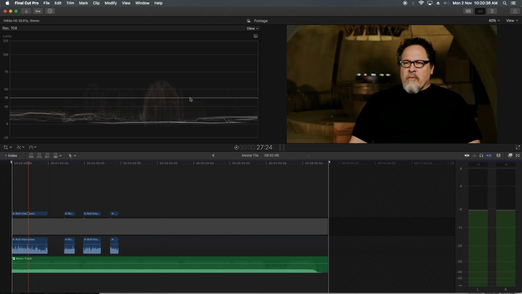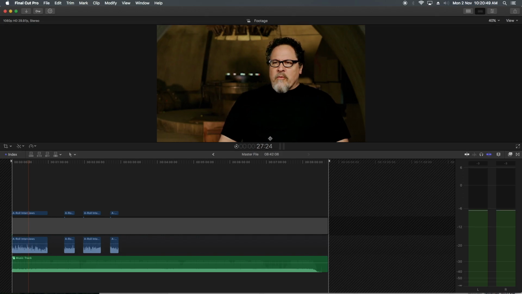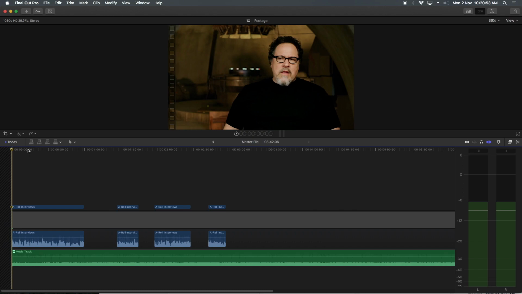I am working on color, and I can save this preset if I want to work in that kind of setup, or I may not want this video scope, I only want my timeline and my viewer. So I can even save this as my editing workspace.